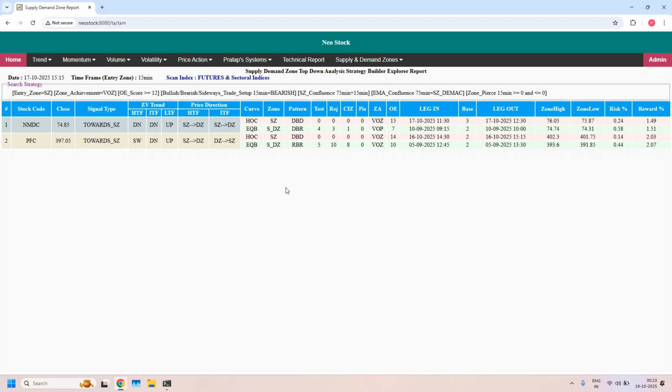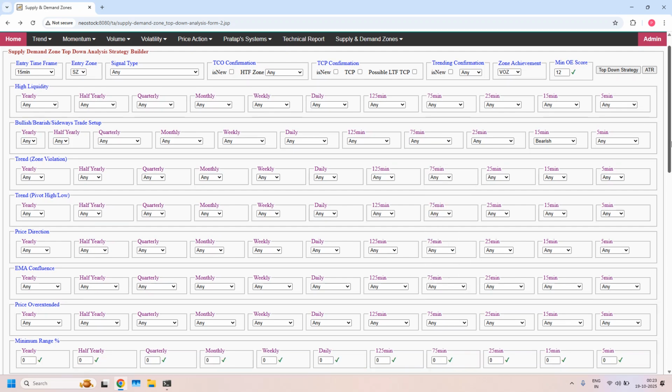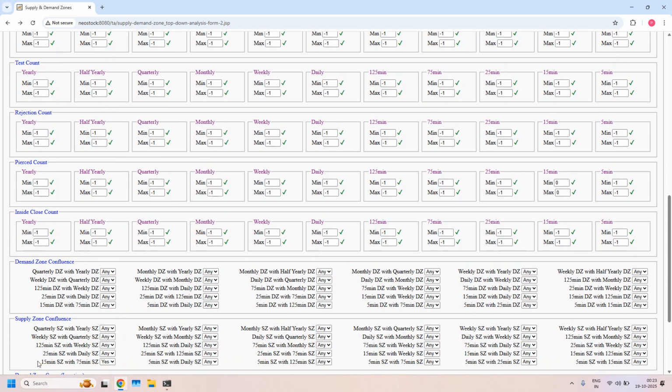So this is the first strategy. Second strategy, LTF, ITF, HTF supply zone confluence and HTF EMA confluence. I am removing the ITF EMA filter. For supply zone confluence, I am setting 3 filters: first 15 minutes and 75 minutes, next 15 minutes and daily, and 75 minutes and daily supply zone confluence. With all the 3 filters,